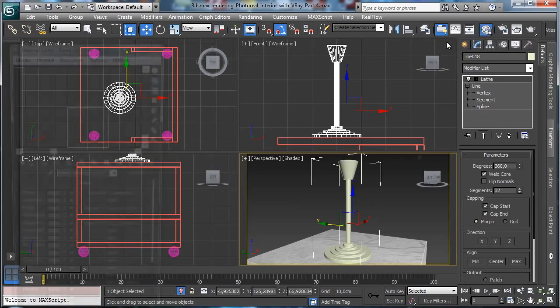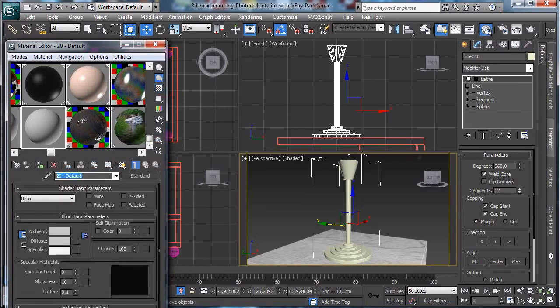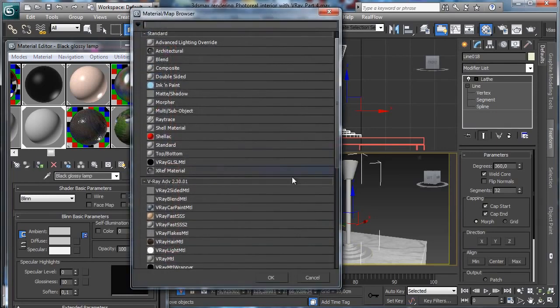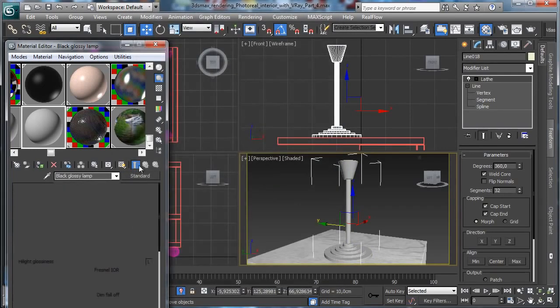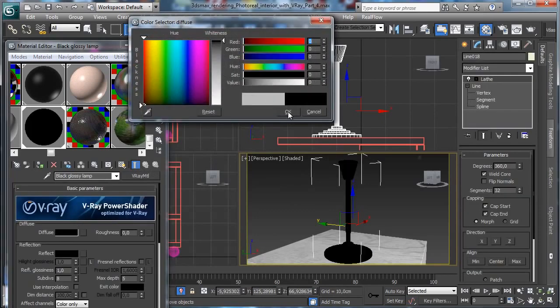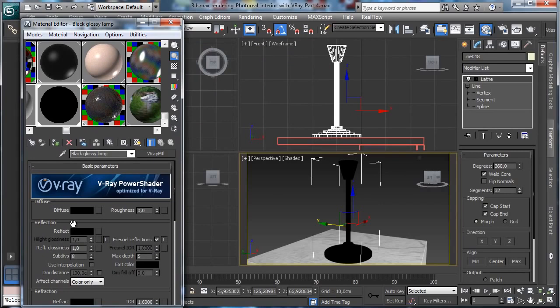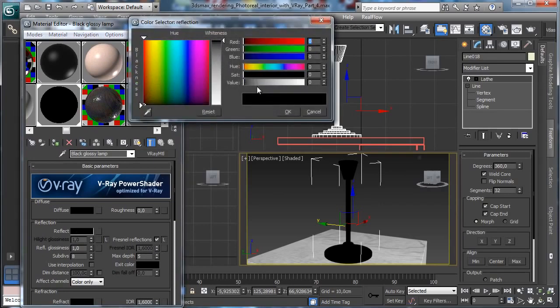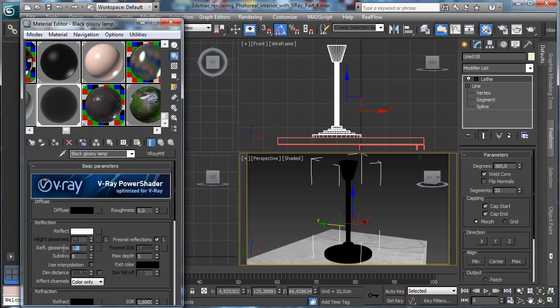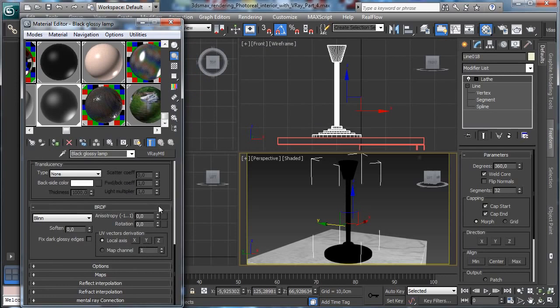Okay, there we can use another metal, let's say black glossy lamp. Assign V-Ray material, that's a dark color, really black, Fresnel reflection, and it is really reflective, but we have 0.6 for the reflectivity, and we have -4 for the anisotropy, and then we use